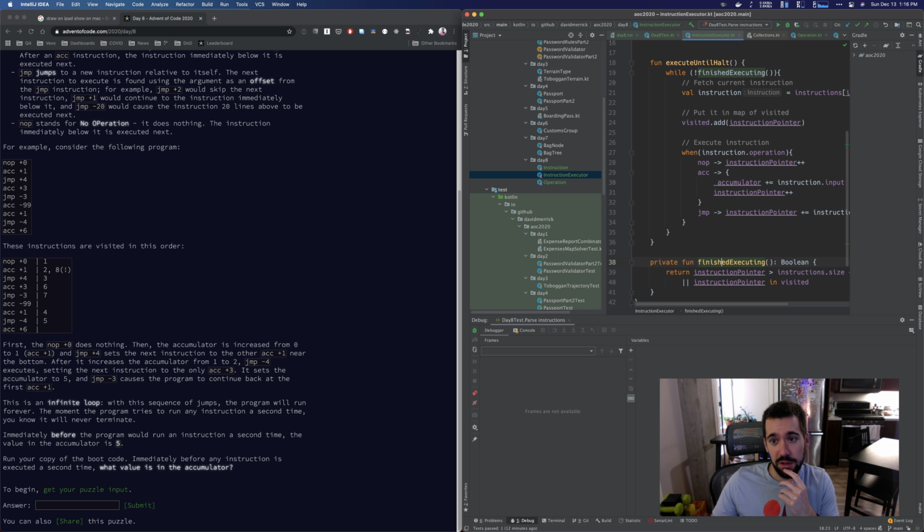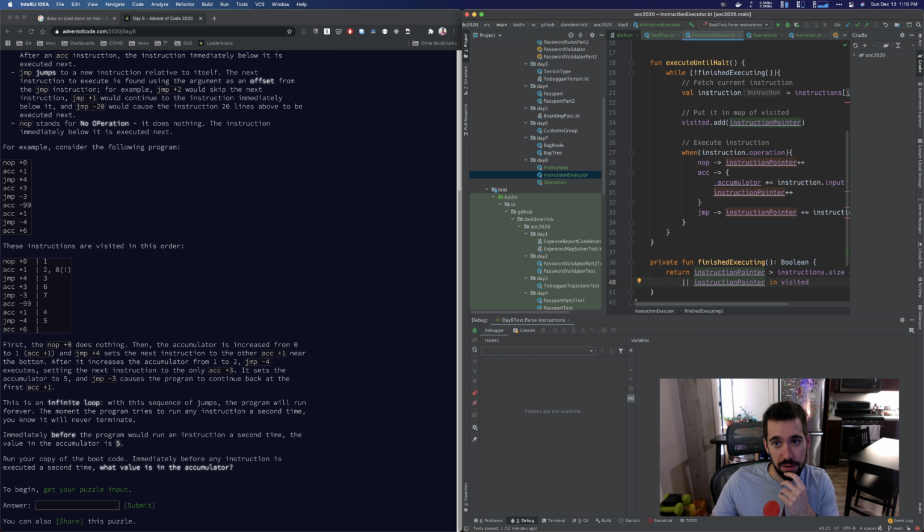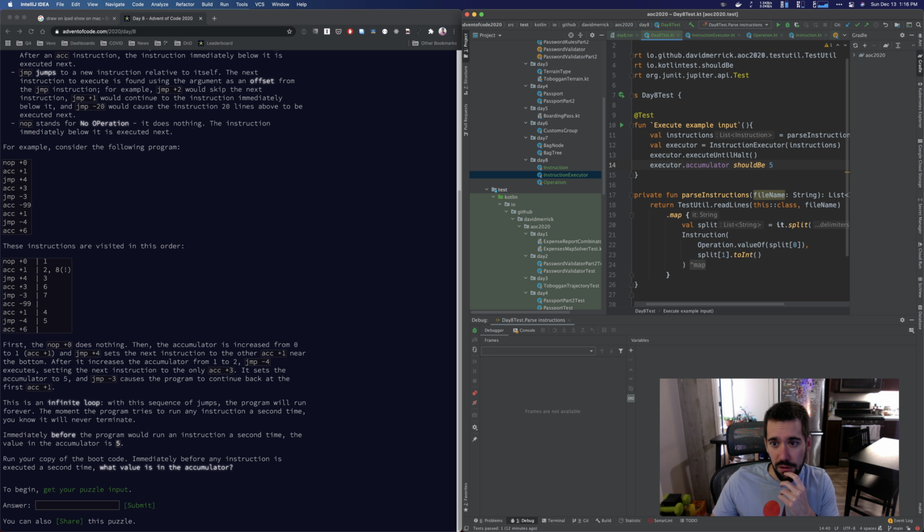And when this while loop evaluates, it's going to say, is this instruction pointer in visited? So that would be immediately before it runs the second time. It'll bail out of this loop. And so that behavior is something that we're already consistent with. Okay, so